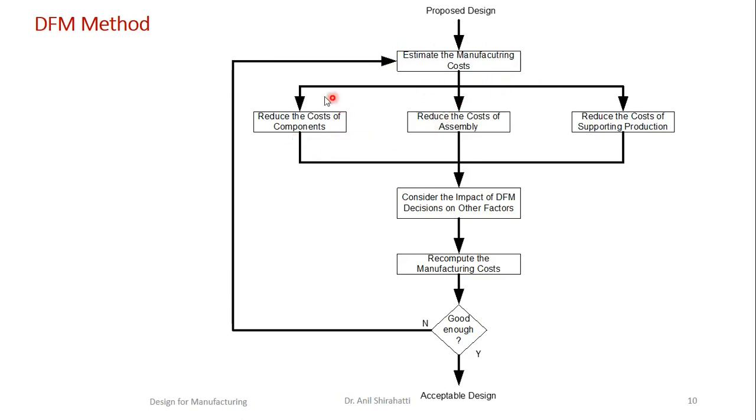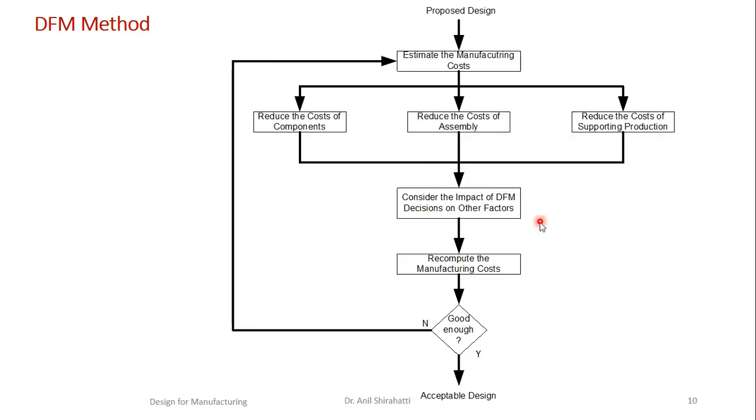One is to reduce the cost for the component, reduce the cost for assembly, and reduce the cost for supporting production. These are the three parameters which add to the cost. We can divide the cost into three. In case of a component, can you redesign it without compromising on the quality and the intent for which the product is produced? Can I reduce the time and cost for the assembly? Can I reduce the overall labor cost to manufacture it or supervise it?